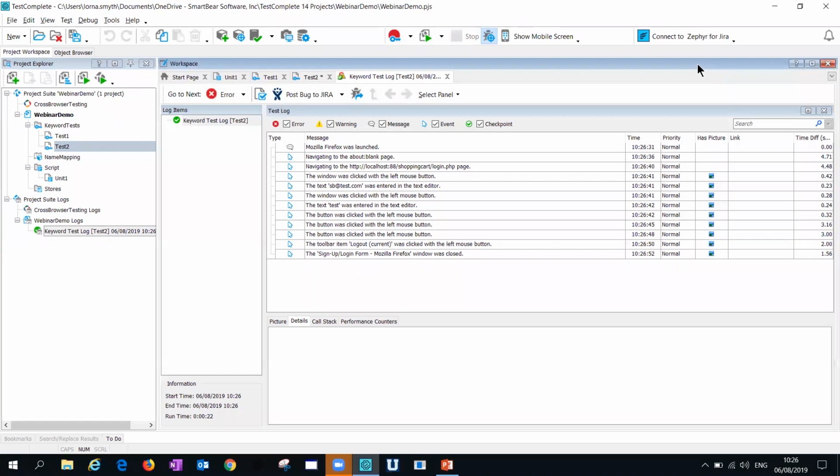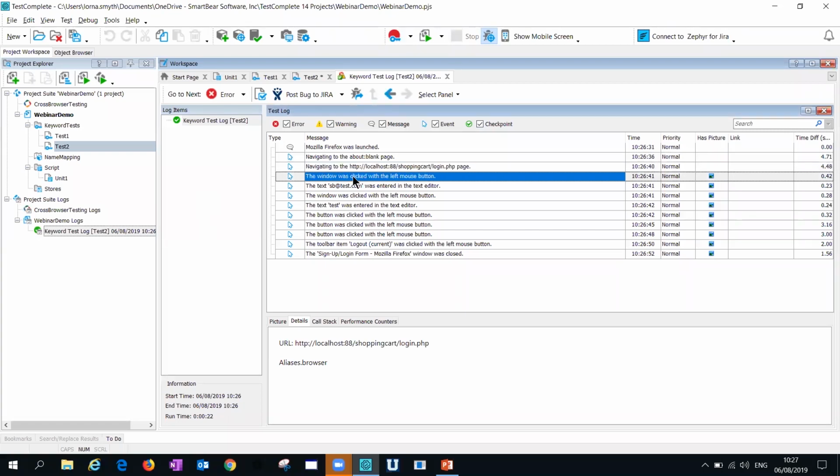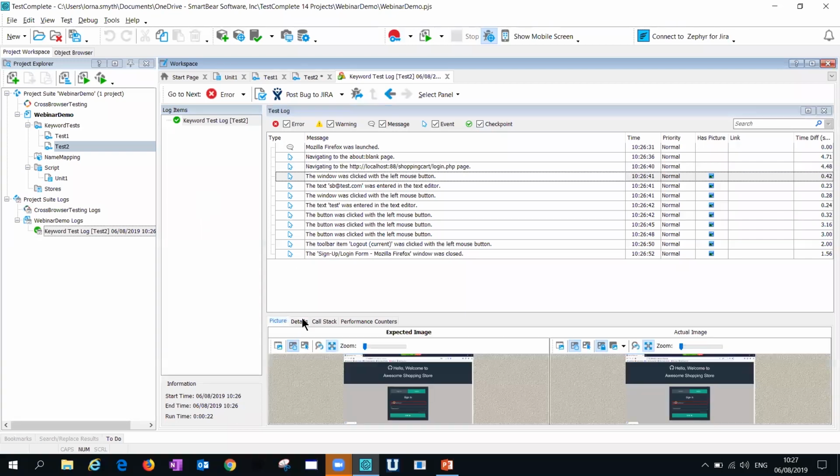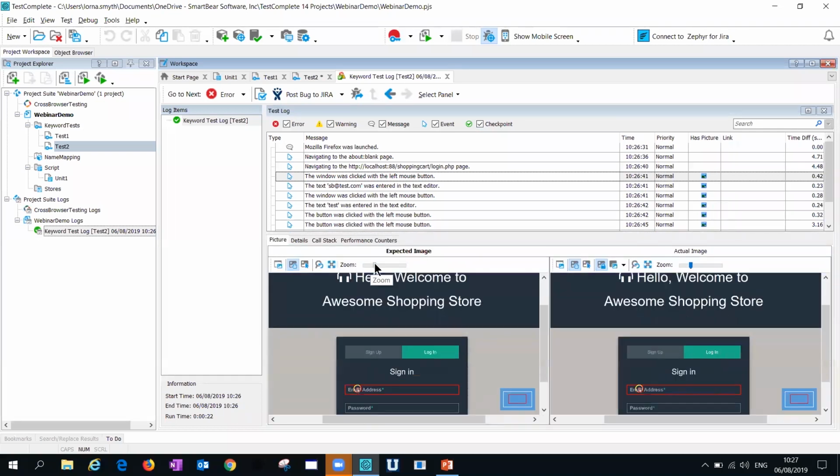So it's actually run through that test and you'll see here on the left, it's created a log and this test has passed. And if we go into that log, we can again see step by step what happened during the test, the time it took to do each step. You have details down below for each step and each object. And if I go to the picture, in this case, you can now compare the expected image versus the actual. So when I say expected image, I speak about how your application looked when you recorded.